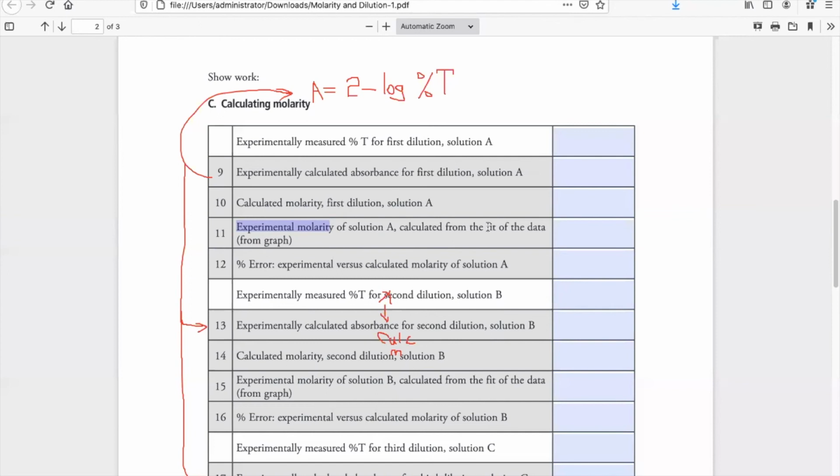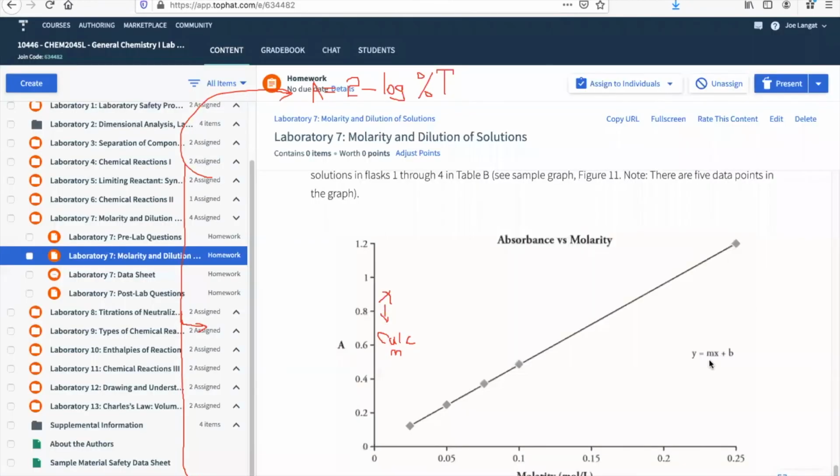So you need to generate a graph. Once you have a graph, you will use the graph to complete line 11. How are you going to complete or calculate that? So observe, from the equation of a straight line, if I know the molarity here, from this equation here,